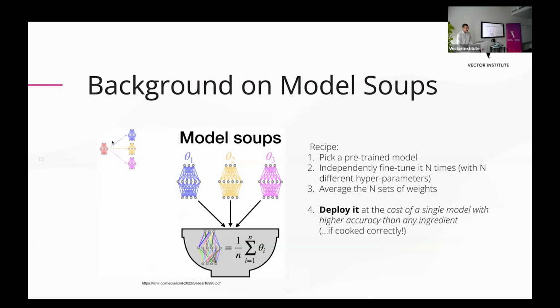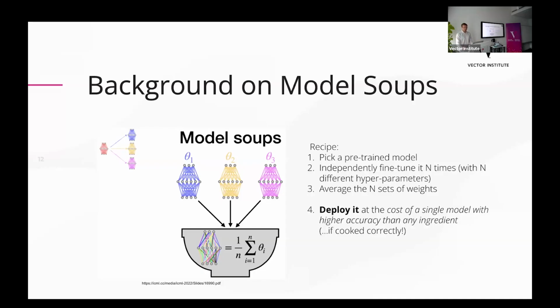And so this pre-trained model is this red model over here on the left. We're going to fine tune it n different times. In this case, n is 3. So we're going to fine tune it to create a blue, a yellow, and a pink model over here. We're then going to average the weights to create this multicolored model down here. And we're going to deploy it. And when we deploy it, it's just a single model. So it costs just as much as any model, but it's going to be more accurate as long as the